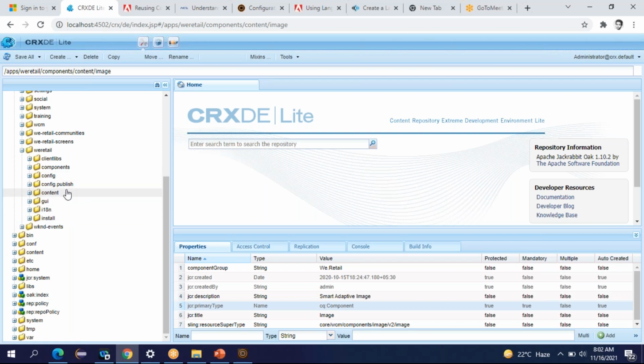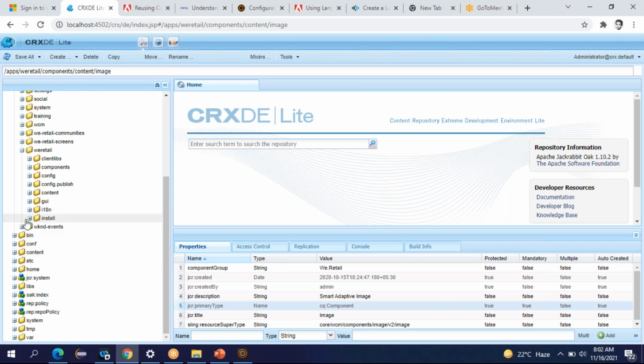You can create config if you want a specific configuration for your project, like if you want to create your own log file. Then I18N, if you want to implement internationalization in your project, you can create a folder called I18N.